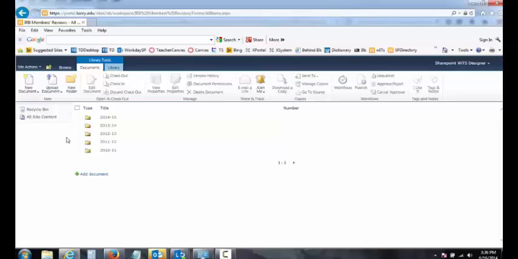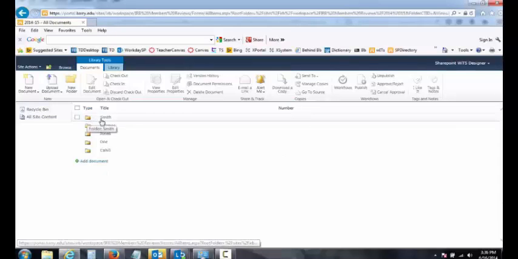What I'm going to do is upload it into this folder, assuming that it's going to be reviewed in the 2014-15 fiscal year. So I'm going to click right on the folder icon to open that folder. There I go. And I can see that I've already got folders for several researchers in 2014-15, but I don't